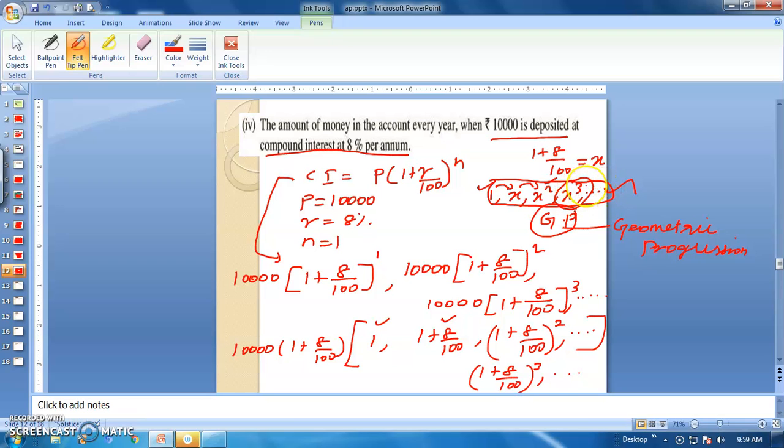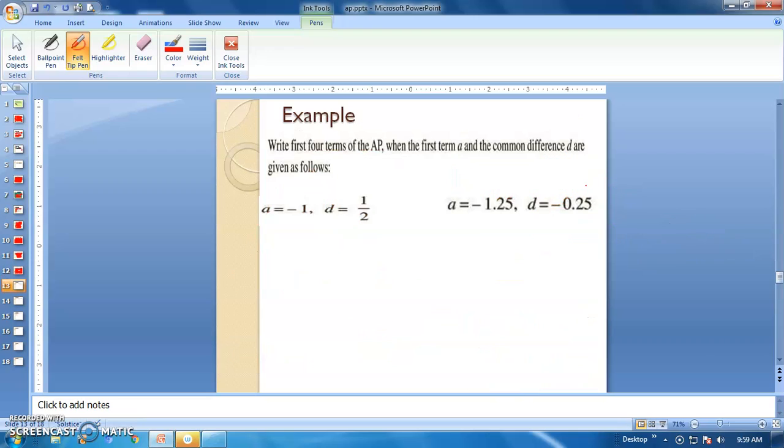Likewise, in a series, if a number is obtained by adding to the previous one, that series is nothing but an arithmetic progression, that is AP. In a series, if a number is obtained by multiplying the previous one by a fixed number, it is a geometric progression, that is GP. So this particular sum is in GP, it is not in AP. Okay, look at this one.